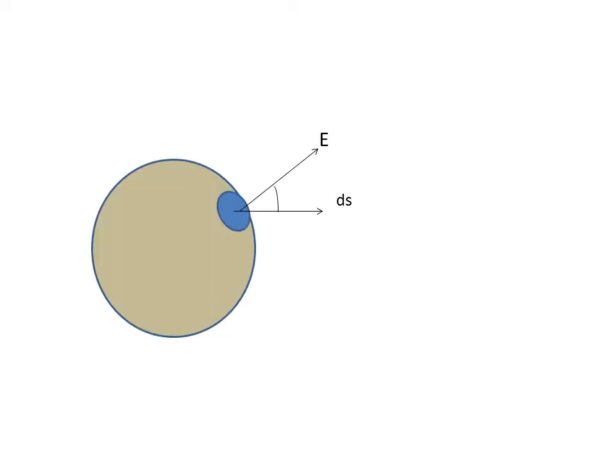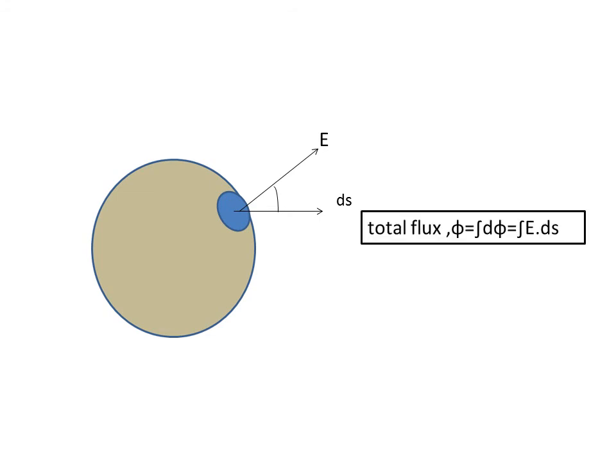Now we are going to find the electric flux over a closed surface. Here we have taken a sphere. Consider a positive charge to be placed inside the sphere. ds is a small area on the sphere. We have drawn the area vector ds and the electric field vector through ds. The angle between them is theta. We can find the electric flux through ds, d phi.